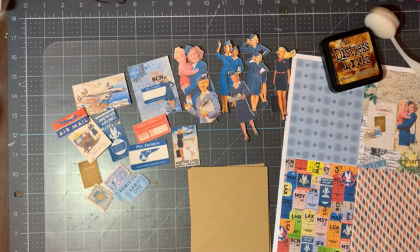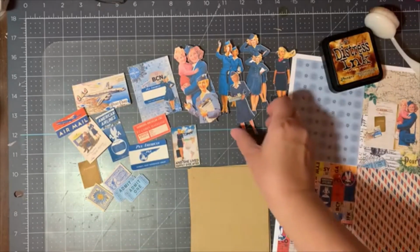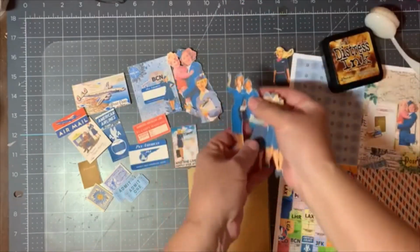And today's kit is Now Boarding. As you can see, I've got all my pieces already ready to go from the Now Boarding kit. I want to say onboarding, but it is Now Boarding. And we've got all these really cute flight attendants here,